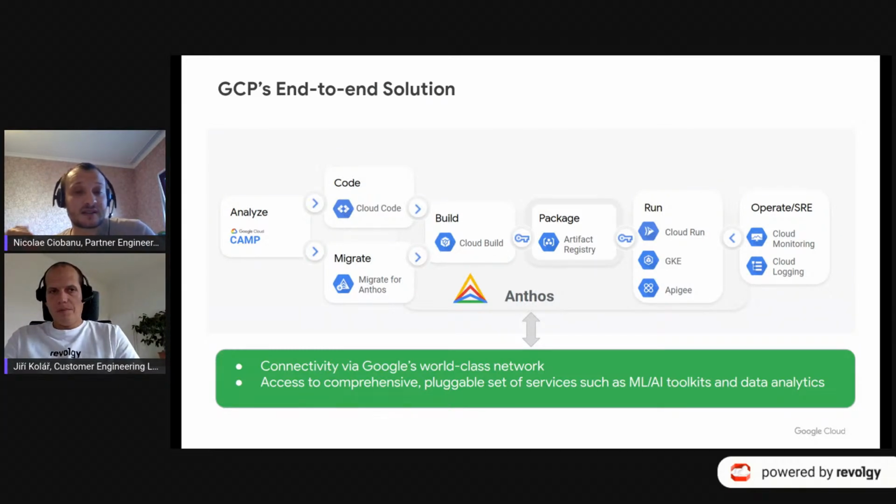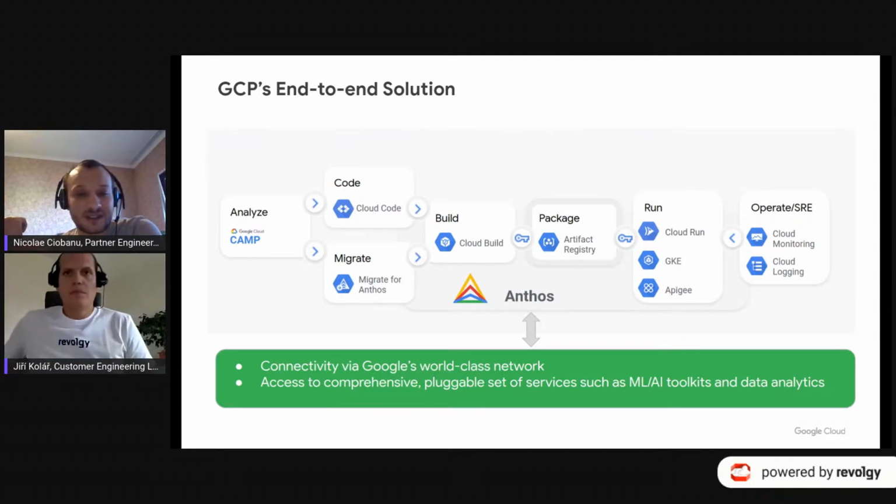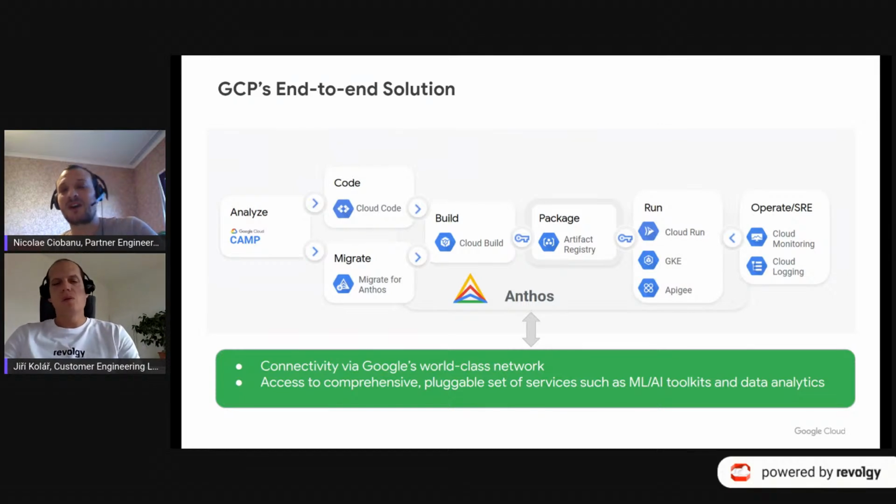After the next one, it's Cloud Code, some popular plugins for popular IDEs. Cloud Build that I mentioned earlier is a service that executes builds on Google Cloud Platform infrastructure. Artifact Registry, a single place for your organizations to manage Kubernetes container images and language packages. And also Cloud Run, GKE, and of course the monitoring part with the Google Cloud Operations Suite, or how our customers know it, Stackdriver.